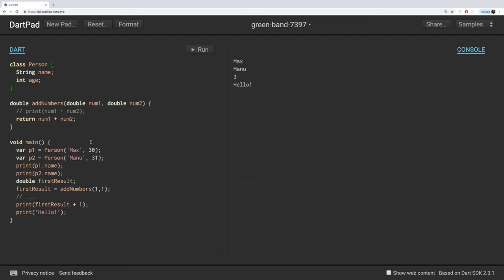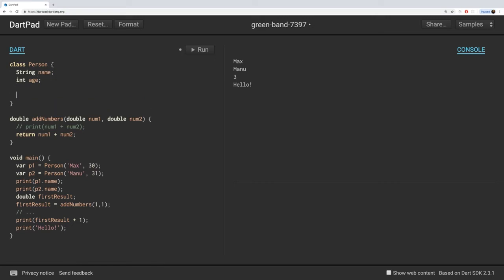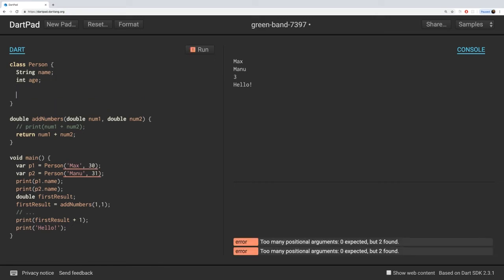We can support it by adding a so-called constructor to this class. A constructor is a function inside of a class, and therefore we could also call it a method, because functions inside of classes are methods. It's just a different name. It's a function inside of a class which is different to other functions inside of the class in that it always executes only once when we create a new object based on the class,